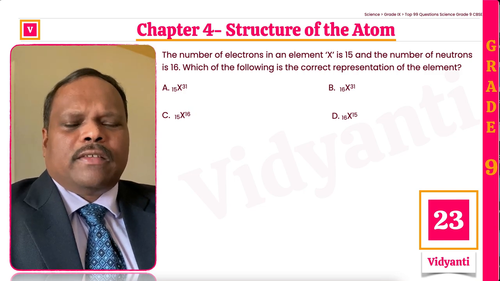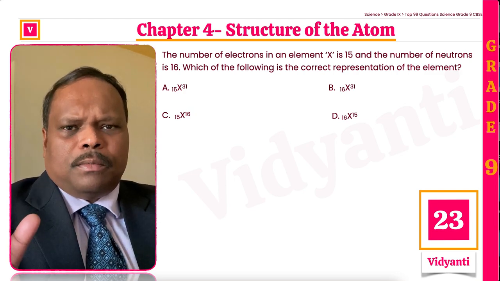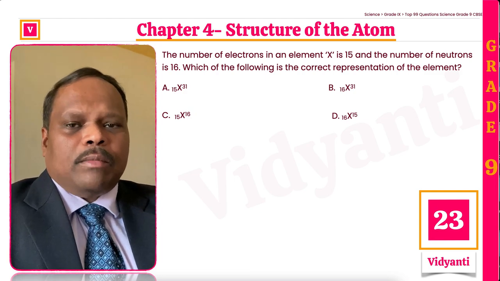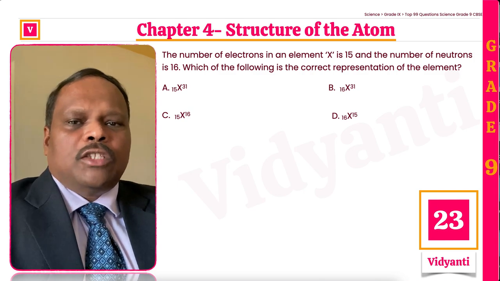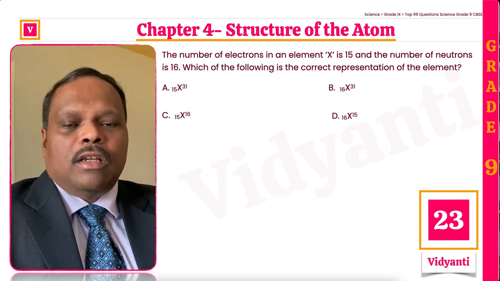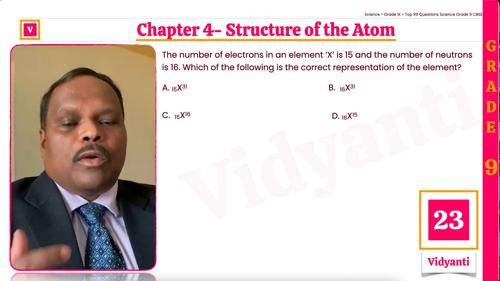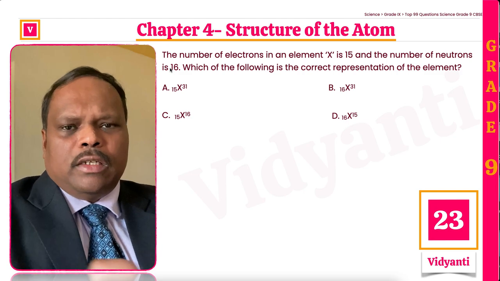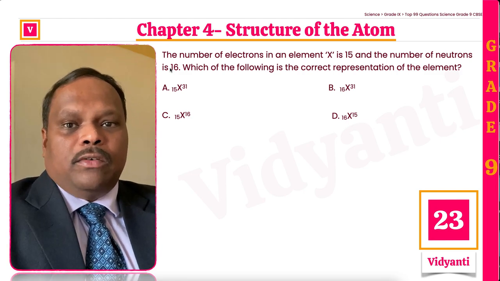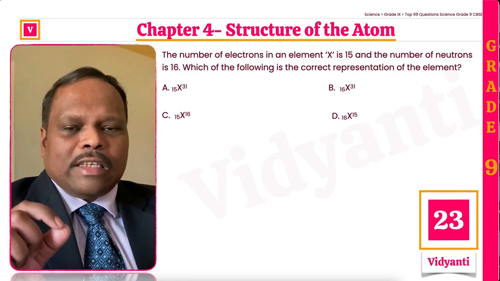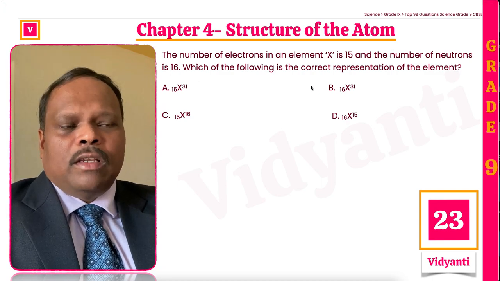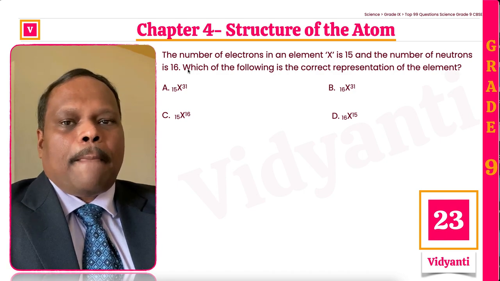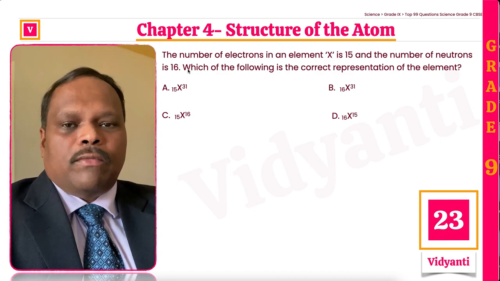In the lower-level atoms, even the neutrons are the same. So everything is the same. That happens in the case of lower atoms. As you go higher and higher in the periodic table, slightly more neutrons are required to hold so many densely packed positively charged protons, and that's why the neutrons slightly increase, and this is exactly what is happening. The number of neutrons is not 15, it's actually 16, but the number of protons and electrons are both 15.